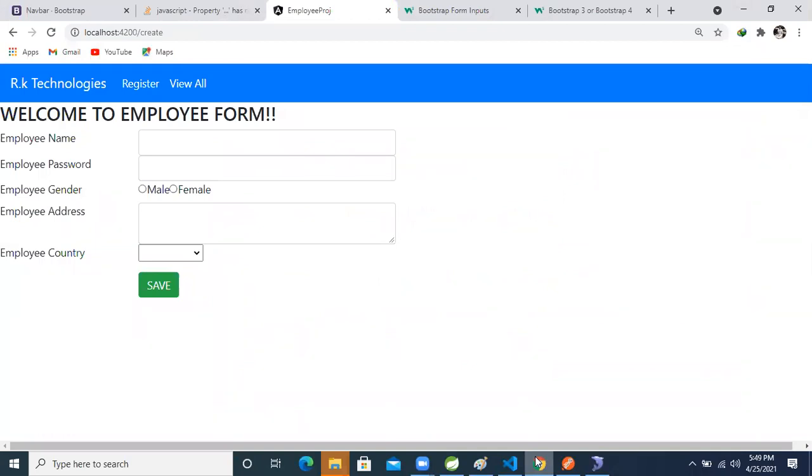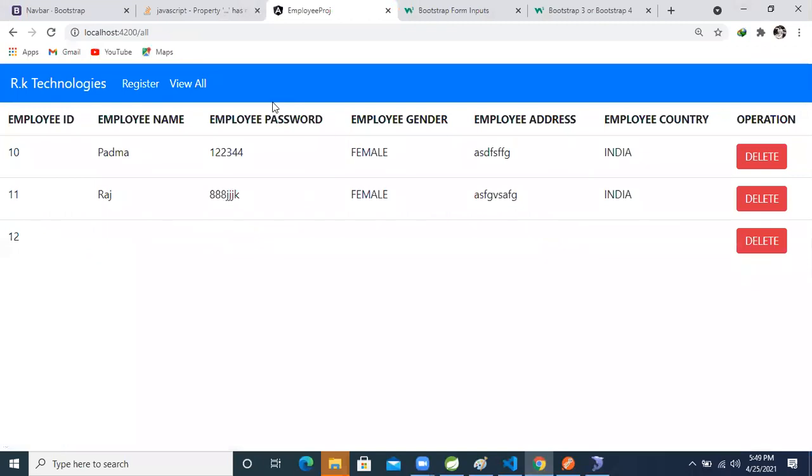Okay, what is your thought process? I'm not understanding. You are saying that after filling that form, whenever we save the data, directly this page will come, and the success message I also need to display on that page only. I don't know why you are thinking like that. If you want to see the success message in this page, there is no problem in that. That message we will call in here only.